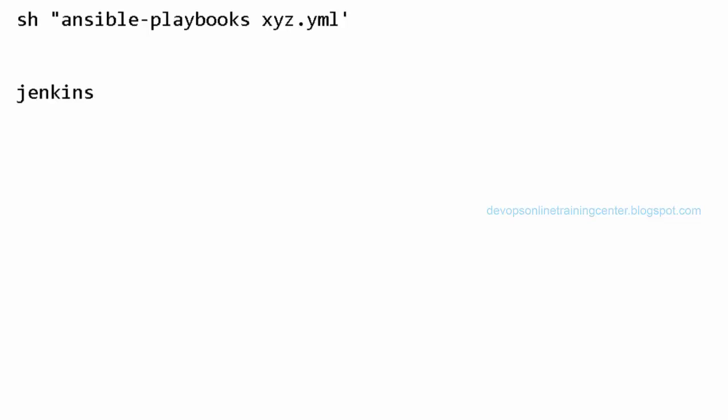So Jenkins jobs we can create in different ways. One is the freestyle project. It's something like everything we give in the graphical user interface. We add the plugins, and then we start the job, right? So we configure the job. Most of the time, let us say because of any issue Jenkins is crashed, right?